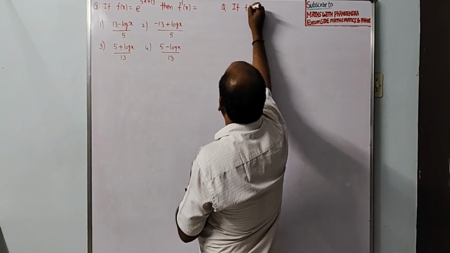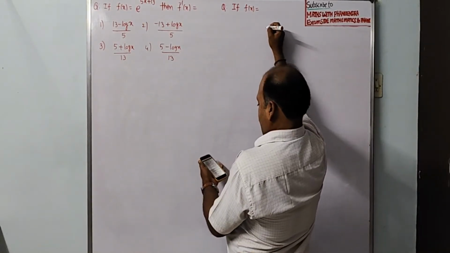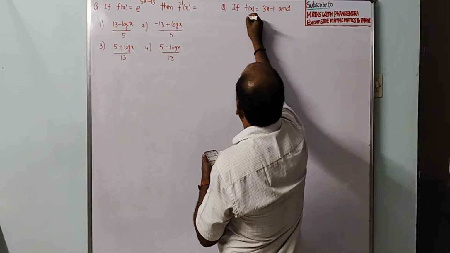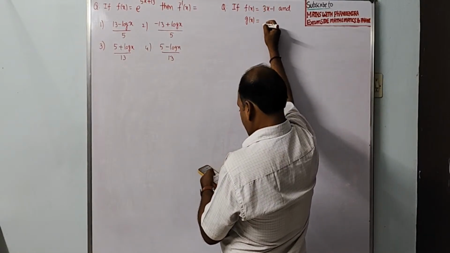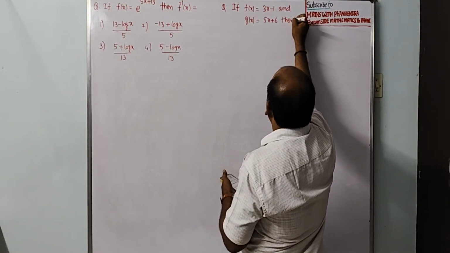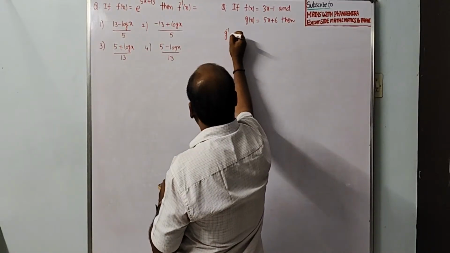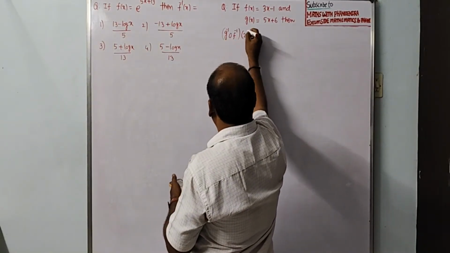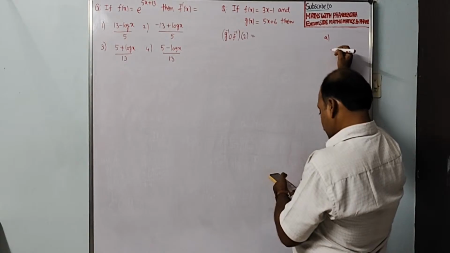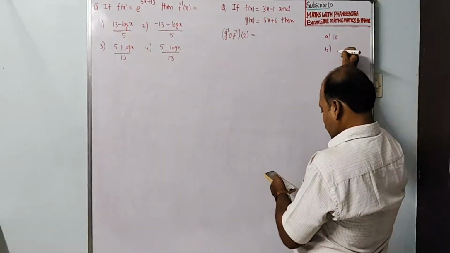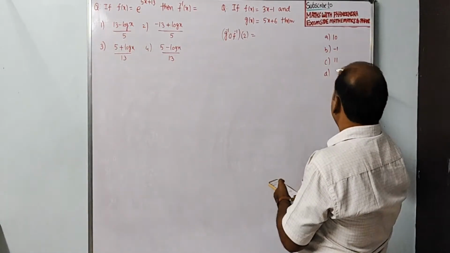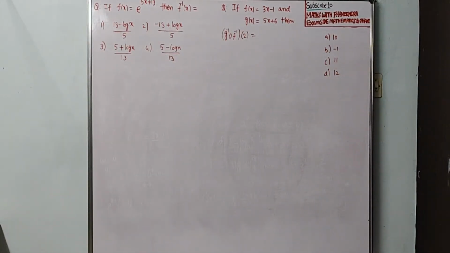If f of x equal to 3x minus 1 and g of x equal to 5x plus 6, then g inverse circle f inverse of 2 is equal to, options: 10, minus 1, 11, 12. See, dear students,